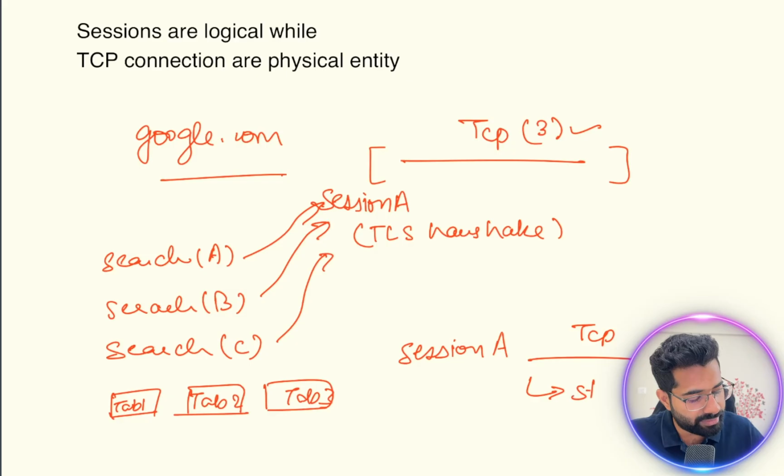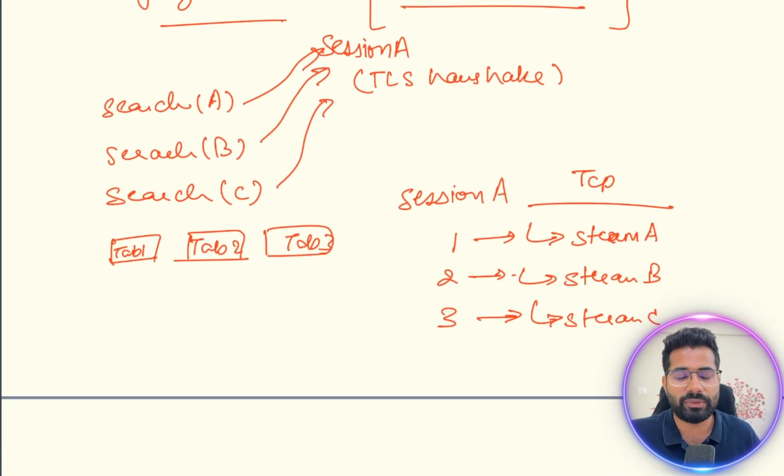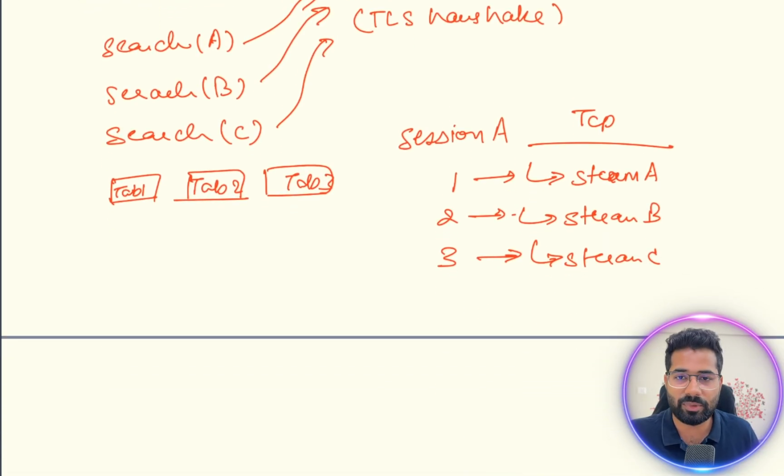So a stream would be created for each of the requests: stream A, stream B, and stream C. So tab 1 will map to stream A, tab 2 will map to stream B, and tab 3 will map to stream C, so that when the response comes, each of the responses goes back to their corresponding tabs. So stream IDs are used so that your responses are mapped to the